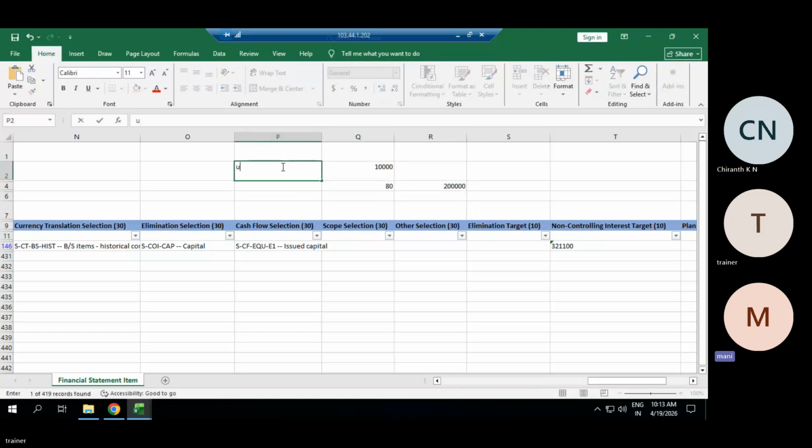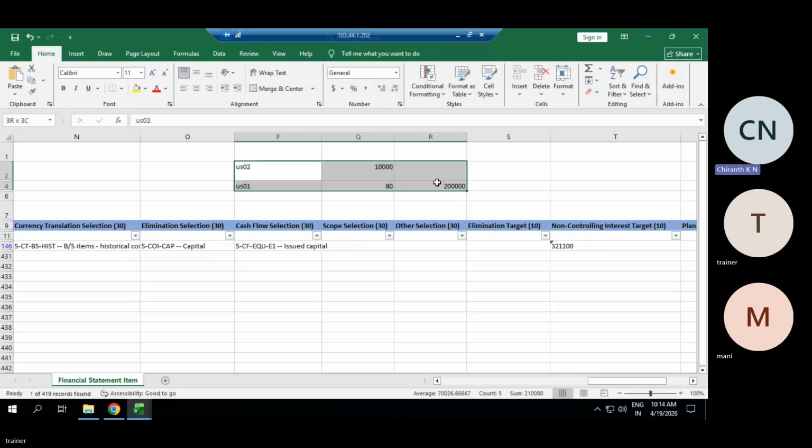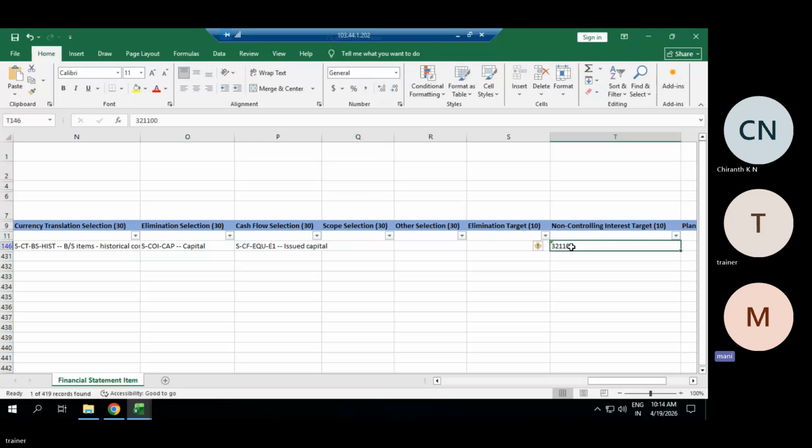This is the total value of US02, 80% owned by US01. Then 20% will be the NCI. NCI will get reflected here.